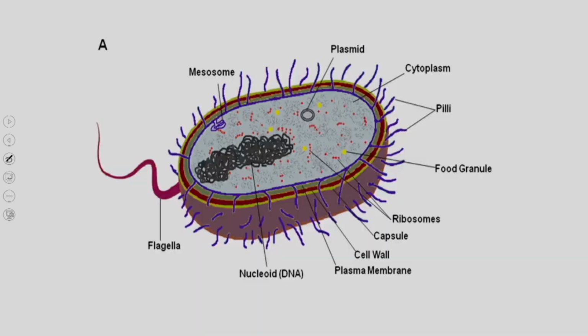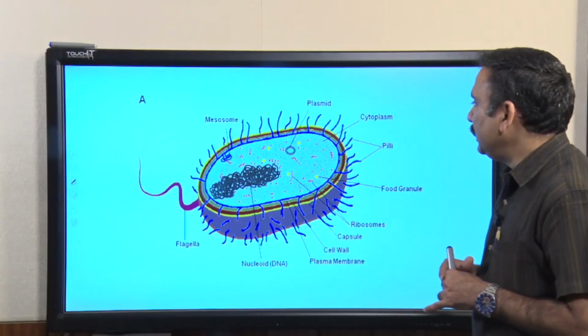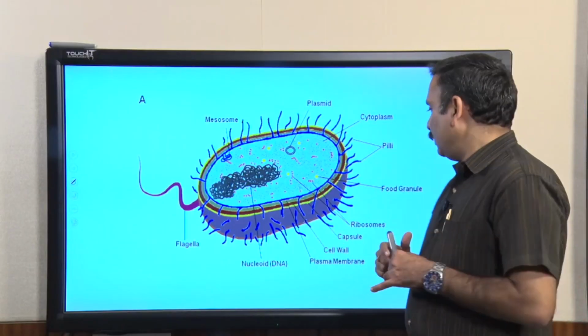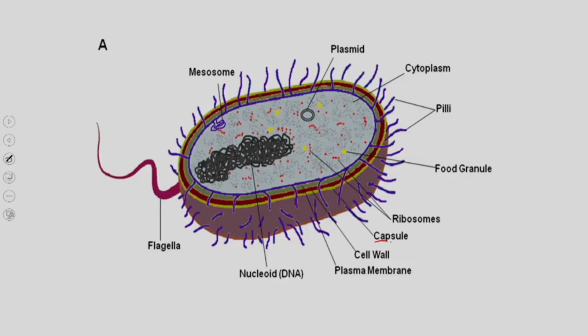So, let us understand the structure of a bacteria, which contains three different layers. What you have is the outside capsule, followed by the cell wall, and then below the cell wall you have the plasma membrane. All these three layers are important for the bacteria to be protected from changes in the microenvironment. For example, if you keep a bacteria in water, which is hypotonic, these layers are going to protect the bacteria and will not allow the loss of water from the bacteria.